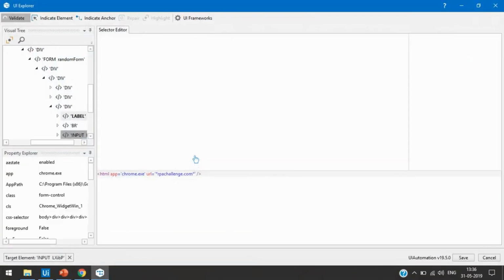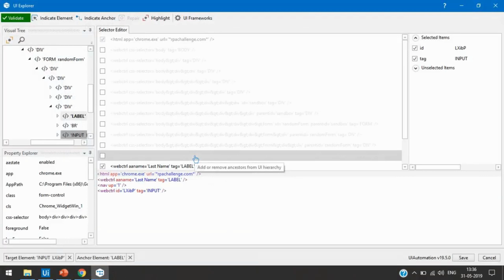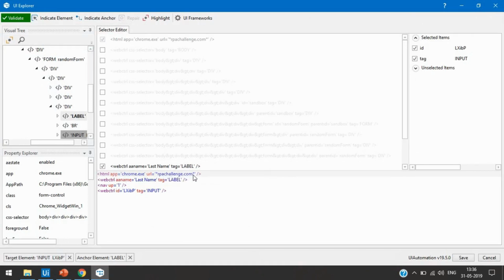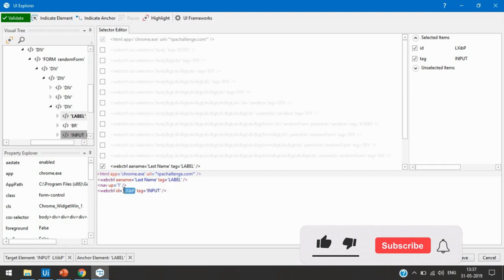So this is the same as an anchor based activity. Here we are getting last name. So what will happen: first it will open Chrome exe, it will pass the URL of the RPA challenge, then it will look for the label equal to last name, label tag, and then last name, and then it will search for the ID and type that data in the input form. Here we can put a star, or we can remove it from here.